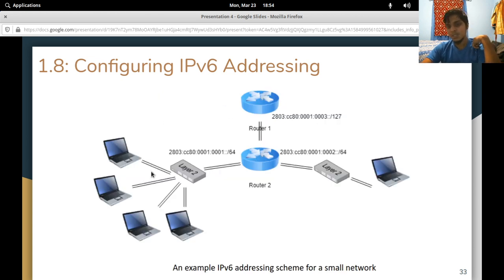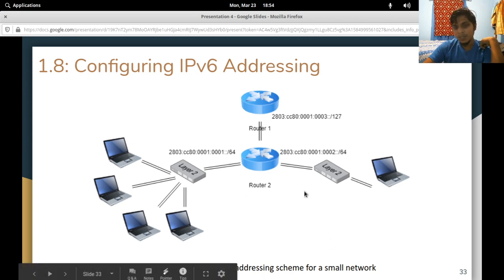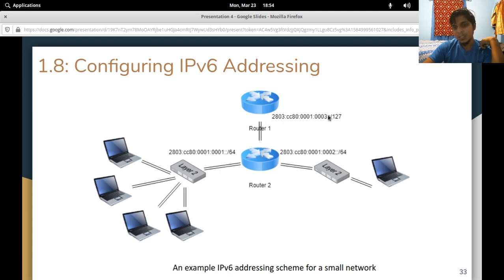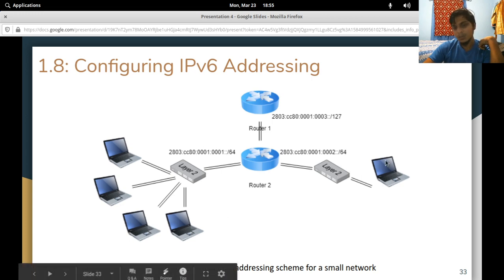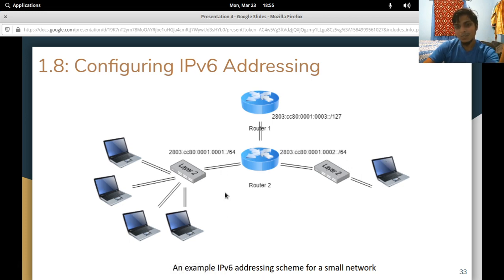So this is what I'm talking about, right? This is what an IPv6 addressing scheme might look like for a small network. So you have 2 routers. Between those 2 routers, you have that special /127 block that you can use. And then for the LANs, for the networks that have hosts on them, you just assign a giant /64 address. So you see 001 /64, 002 /64. So whether it's 4 hosts or 1 host, however many it is, we could fit a bunch of different hosts in here. But the best practice is just to assign a /64 for however many hosts you need.